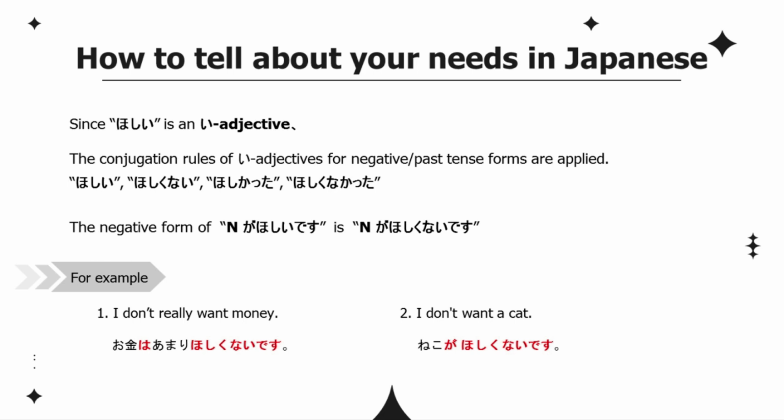Try to make these sentences in your notebook. I don't really want money. お金はあまり欲しくないです。I don't want a cat. 猫が欲しくないです。